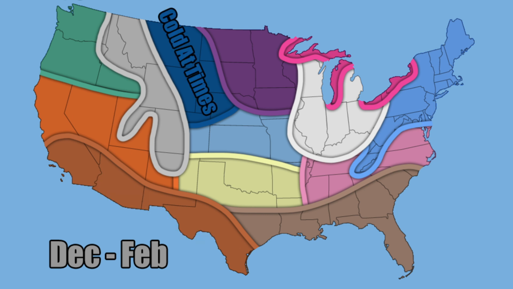And then as you get further to the north, cold at times for portions of the west north central United States. So for portions of the western Dakotas, western Nebraska, and then up the spine of the Rockies, that's where I'm expecting cold at times. So it's not going to be all the time, but I think eventually you will get into a pattern where every couple of weeks you get a big cold shot, and it'll kind of be a fairly persistent and very regular pattern.